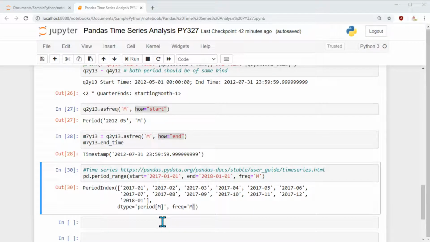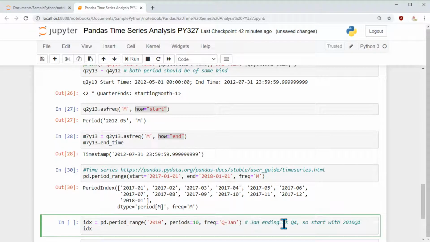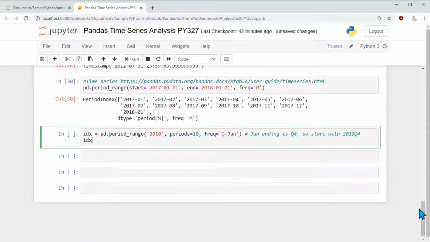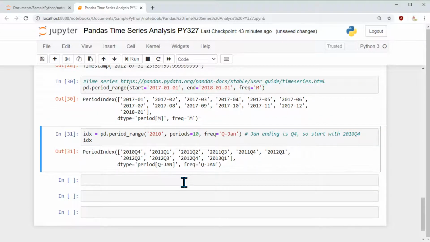Now, is it always needed to specify the start date and end date, or do we have some other choice? Yes, of course, we have many other ways to do it, and that's one standard way. The other way is we specify the start and the number of periods. Once again, the method is the same, period_range, and we specify the start, and we specify the number of periods. If you execute this, you get something like this, and it starts in 2010 Q4.